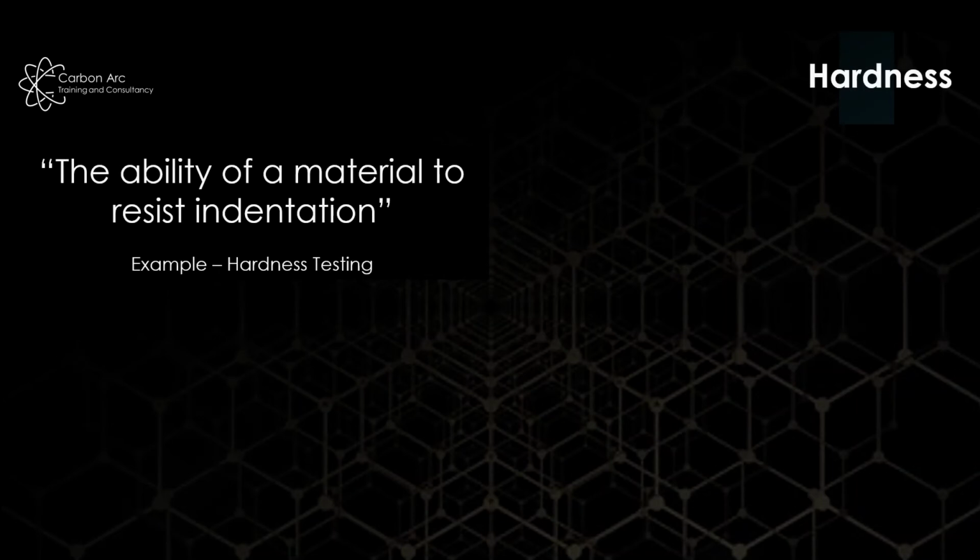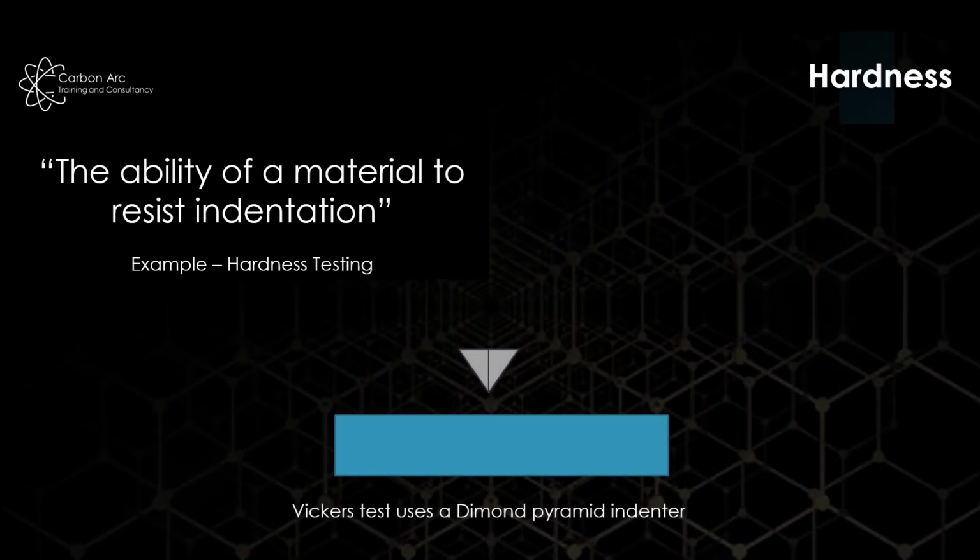Our next one, hardness. This is the ability of a material to withstand or resist indentation. A good example of this is hardness testing. Here we're going to take our diamond indenter, and I'm going to talk about Vickers hardness testing. There are a couple of other types, there's Brinell and Rockwell, but overall, for me,